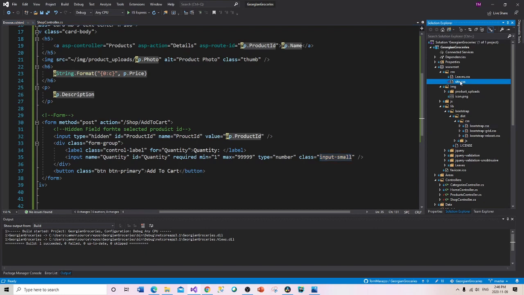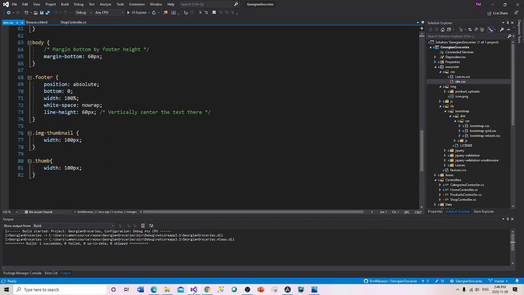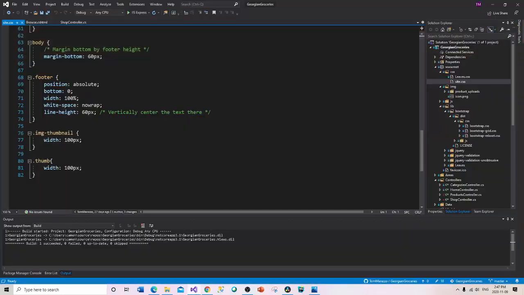That's because if I go back down to where I put the thumb, I feel that this box is just too big. I don't need that much space there. And so what I can do is go back to where I put the thumb,